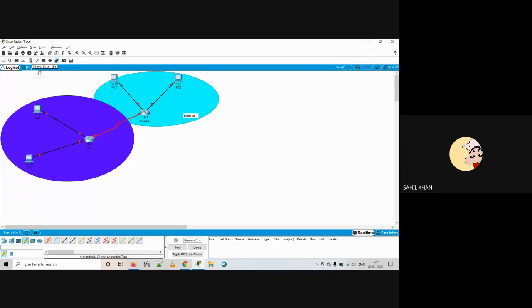Ma'am, my both routers are off, but I'm not able to connect the nodes. For that, you just have to select this, automatically choose connection. I have already repeated this in my system. Let me take another end device, another PC over here. Go to connection, automatically choose connection, and then this to this. Just a second.